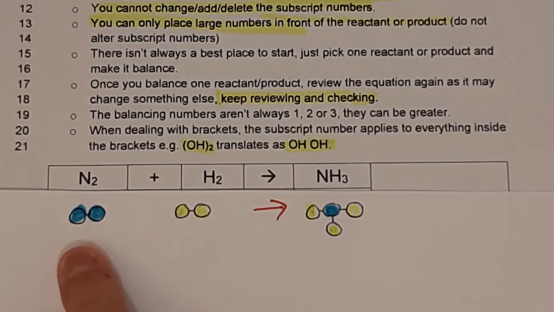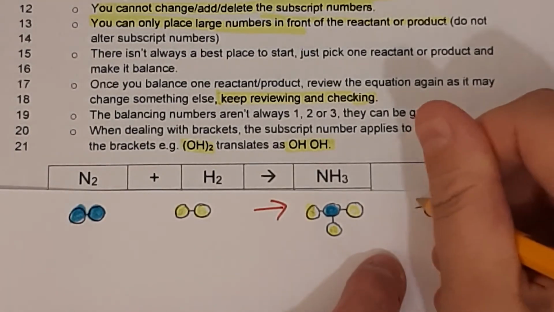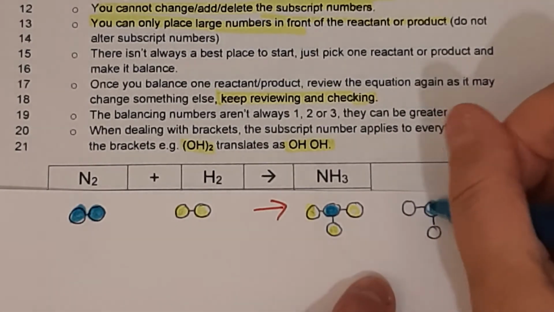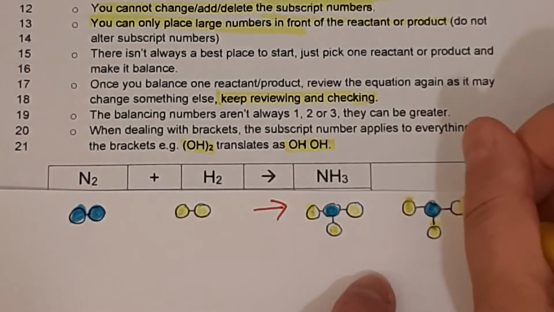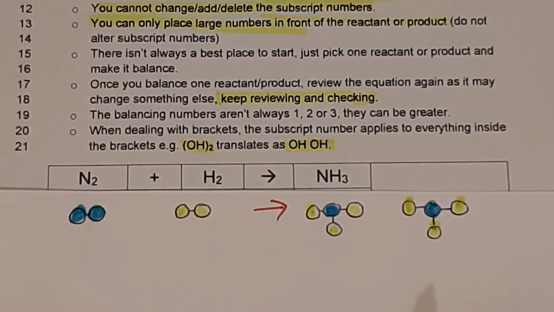First of all, let's start with the blue. So there's 2 before, but only 1 after. So we can draw another one. So let's do that. Now we've got the right number of nitrogens, the blue atom, before and after the equation. So the nitrogen's balanced. Let's now consider the hydrogen, because we're checking it. So there's 2 before, and then afterwards there's a lot more than 2. 1, 2, 3, 4, 5, 6. So we need to make it so that there is 6 hydrogen molecules, or atoms even, before